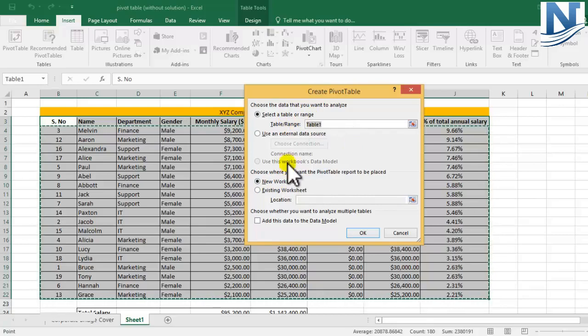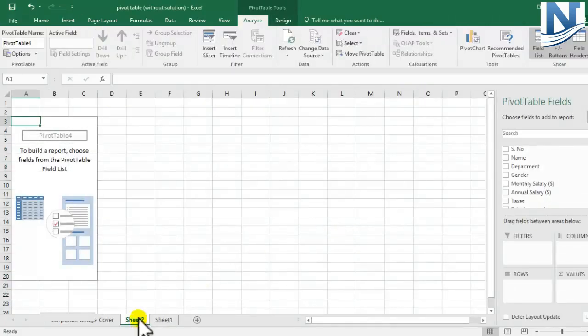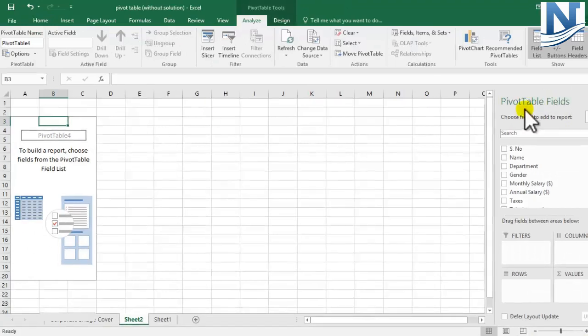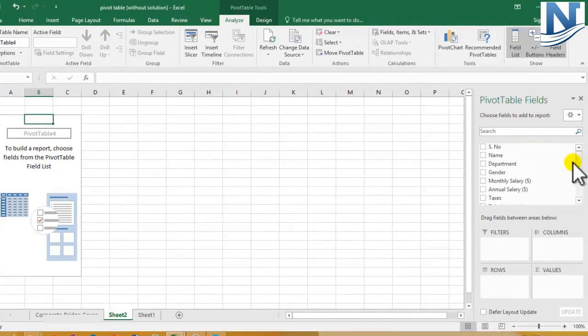Once you think that everything is selected, you can click on OK and you will be taken to Sheet 2, wherein all the options for pivot table will now be displayed. How will you display it? Where you see this particular thing going on, you click on this. Once you click on this, pivot table fields will be displayed, wherein you have various filters and various fields. So fields are for filters, for columns, for rows and values. Do not worry, it's absolutely easy. As and when you start preparing a pivot table, you will understand it.